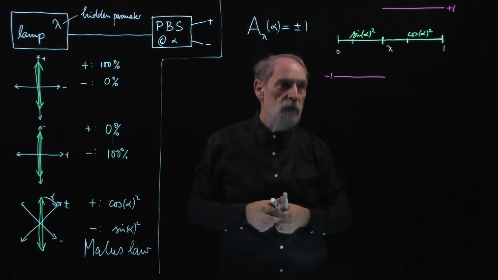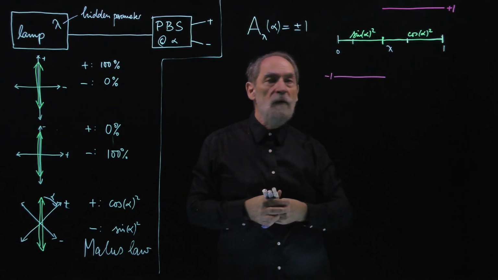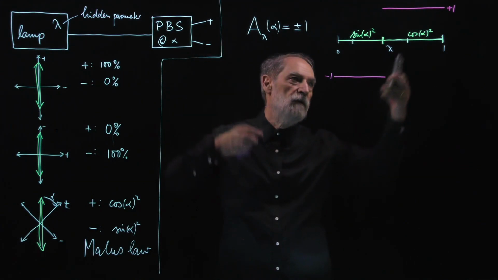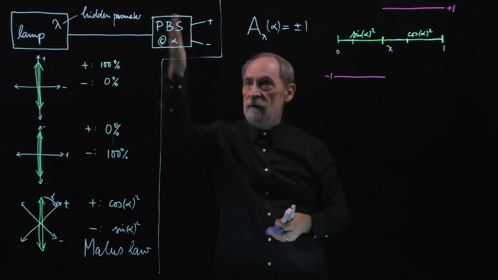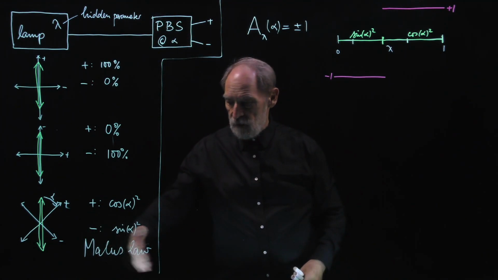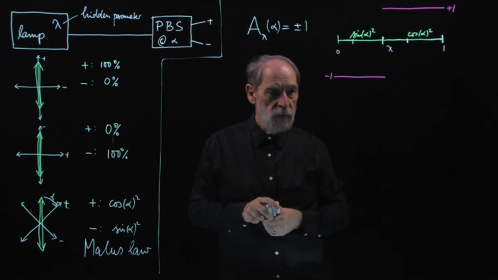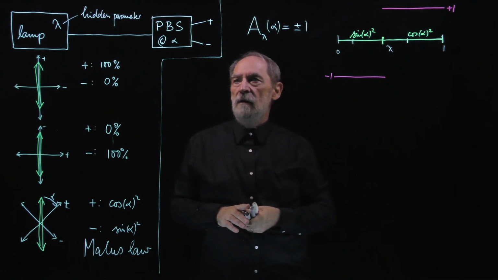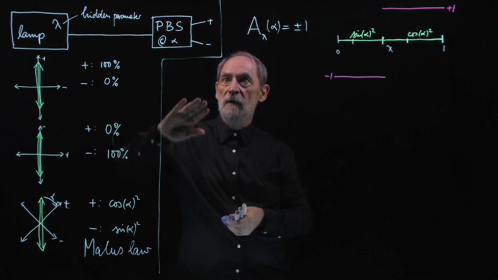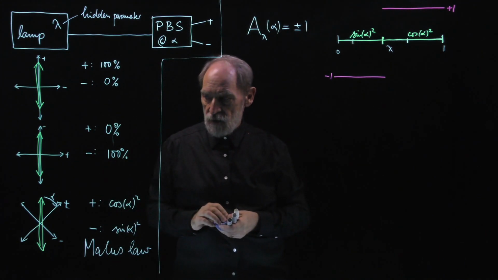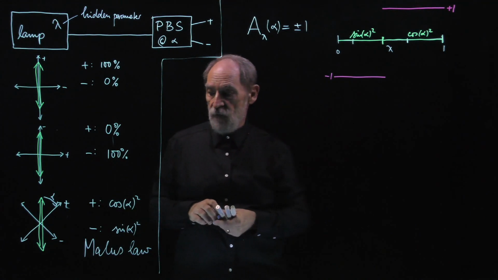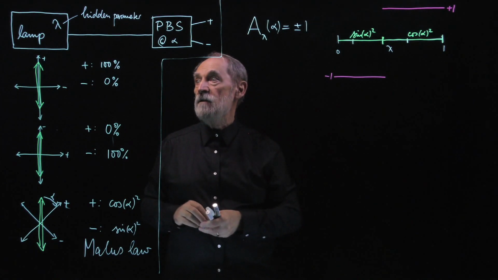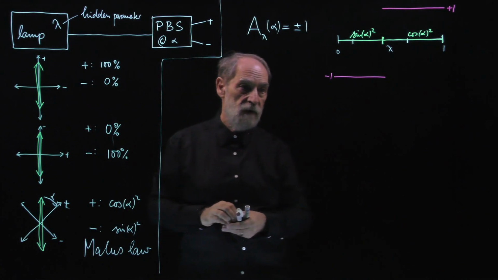We do this for very many photons, and as a result, some photons will go to the minus output port, the fraction sine alpha squared. Some photons will go to the plus output port, the fraction cosine alpha squared. And the data that we collect will be perfectly consistent with the Malus law. So now we have cooked up a mechanism of a hidden kind that is deterministic for every single photon and produces the outcomes of the Malus law. It looks as if something probabilistic is going on with probabilities cosine alpha squared and sine alpha squared, but that's just the appearance if we are not aware of what this hidden parameter does.